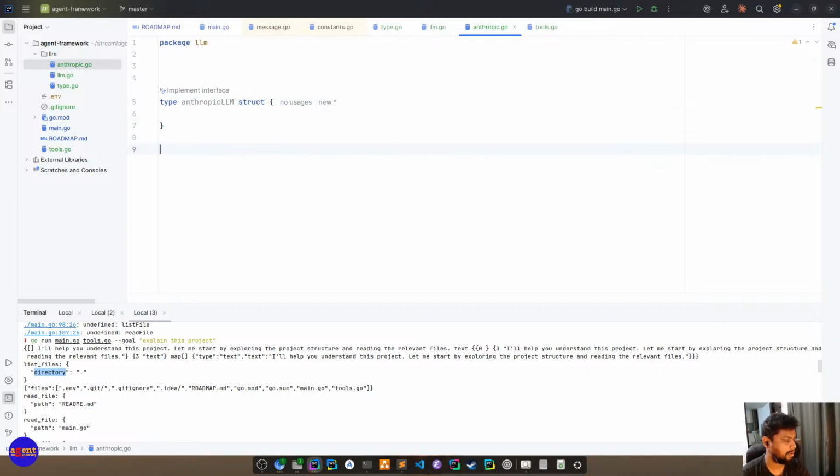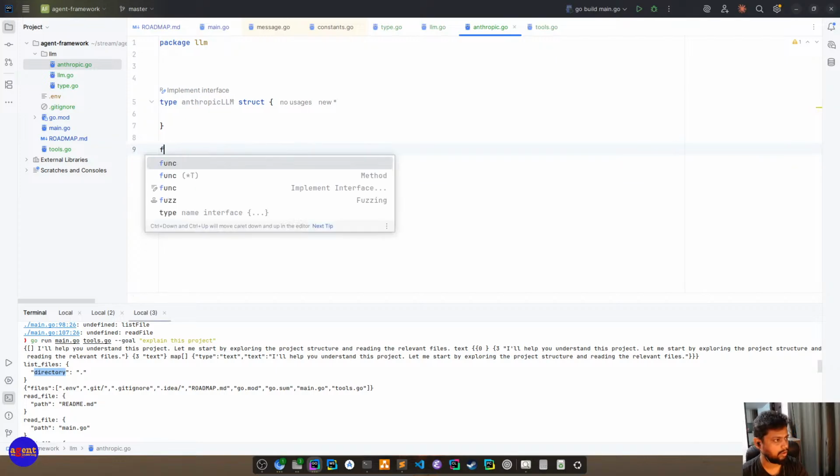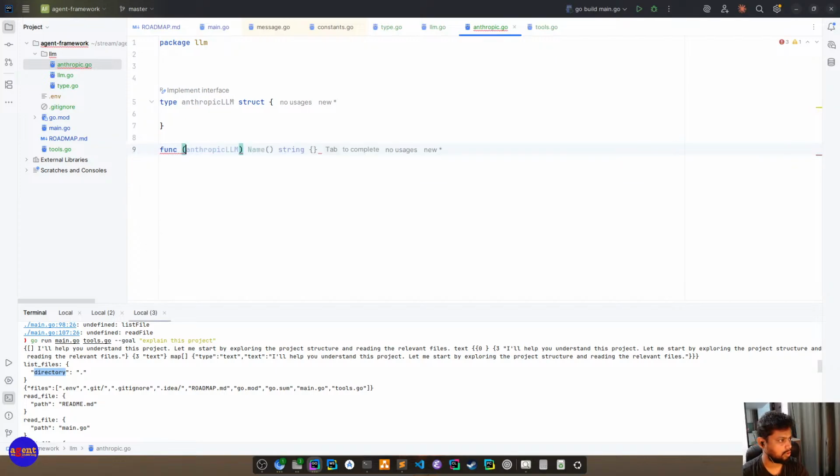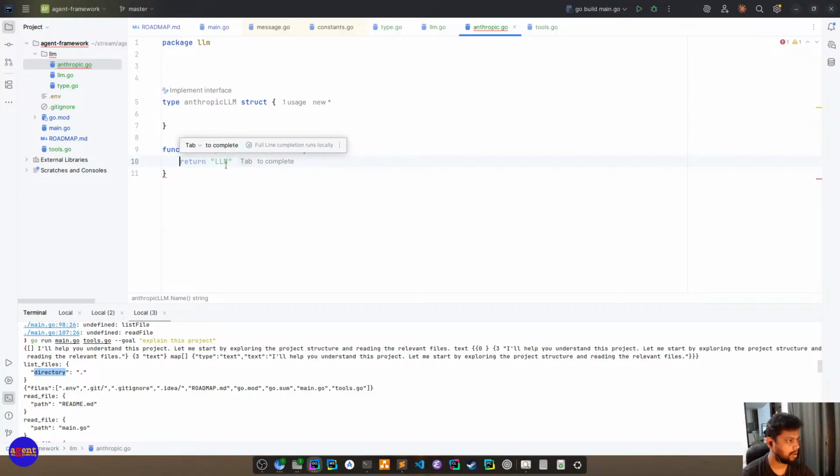Okay, we'll save everything here, and to this we'll attach a function, Anthropic LLM called run inference. So this struct has to implement our LLM, right? So run inference.